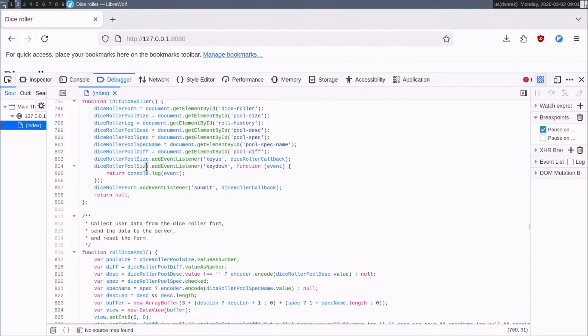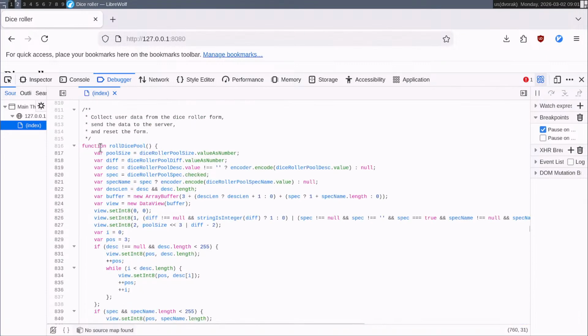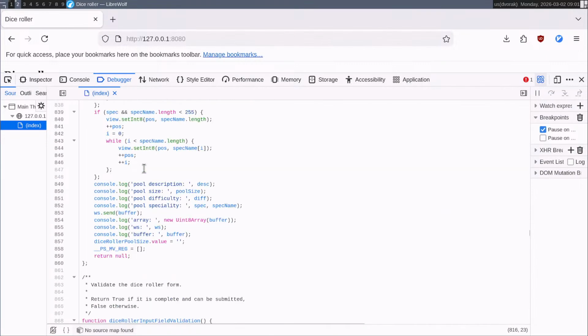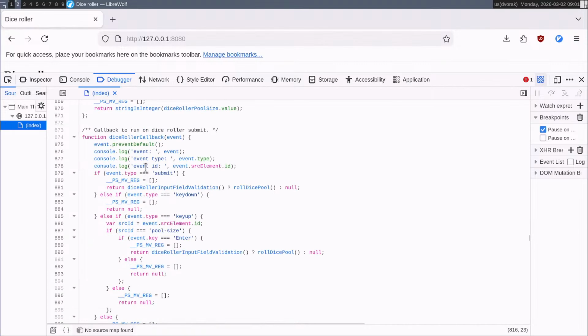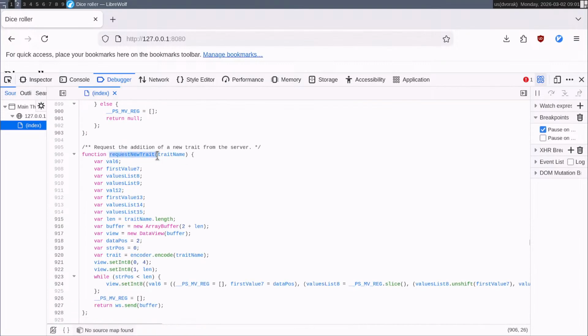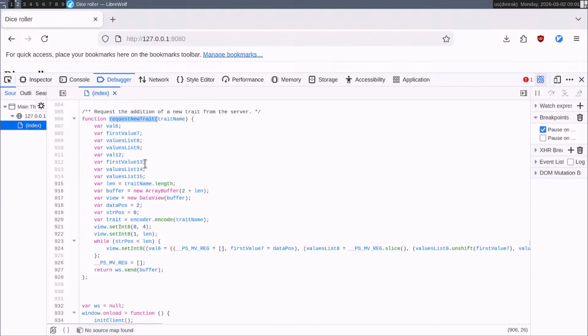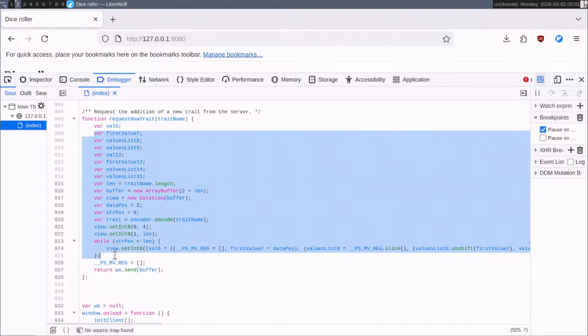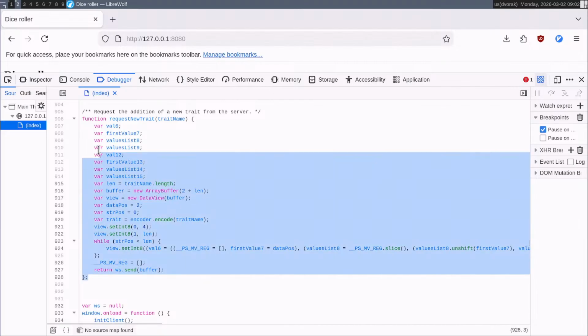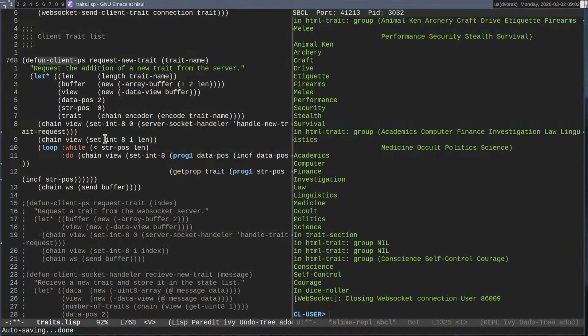I think that because I had to reload this file a few times, these functions have all been declared a few times. Here we go. Request new trait. Here is this new function. Request new trait.